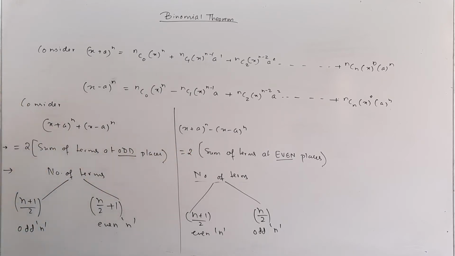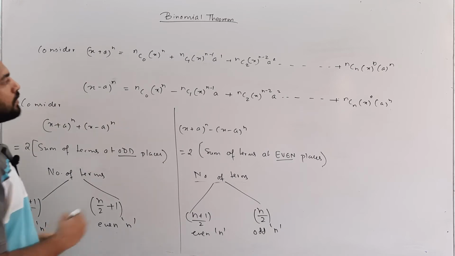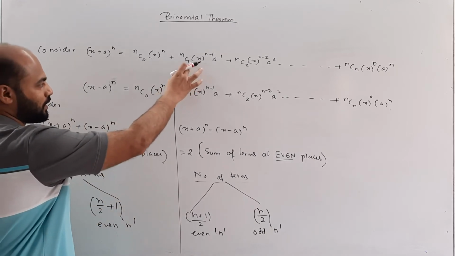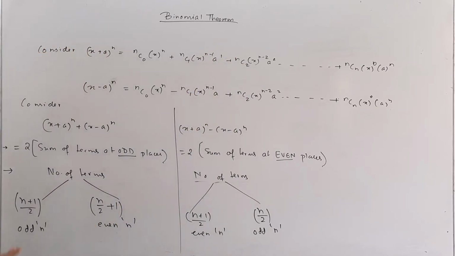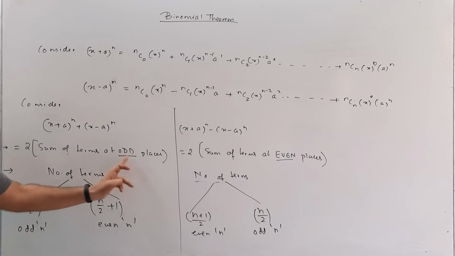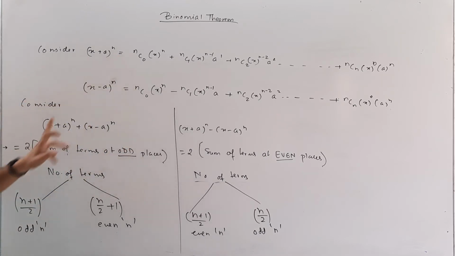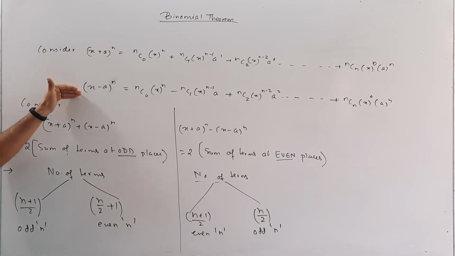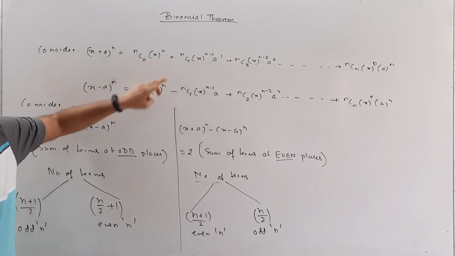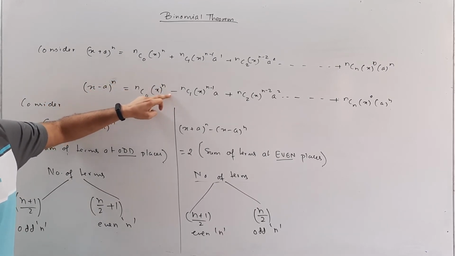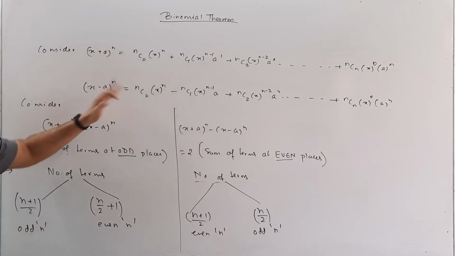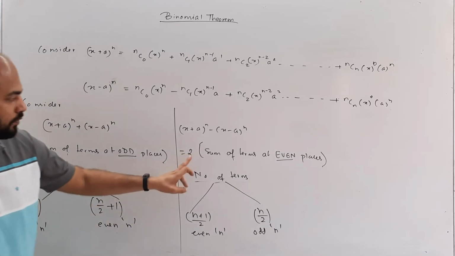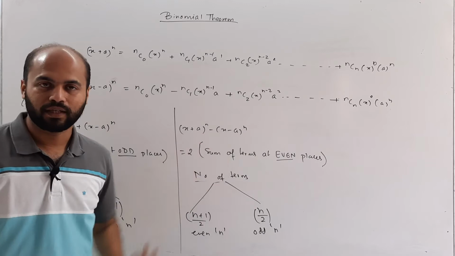So if I add both the expressions, then what will happen is the terms at even places, that is the second place, the fourth place, sixth place, all of them will get cancelled, and what will remain is sum of terms at odd places. So these will add up and it will be 2 times, as you can see. So that is the concept. However, when you subtract them, what will happen is plus minus of minus, this will get added. So terms over here which are having negative signs at even places, they will get added and these will get subtracted. So that's why I have written 2 times sum of terms at even places.